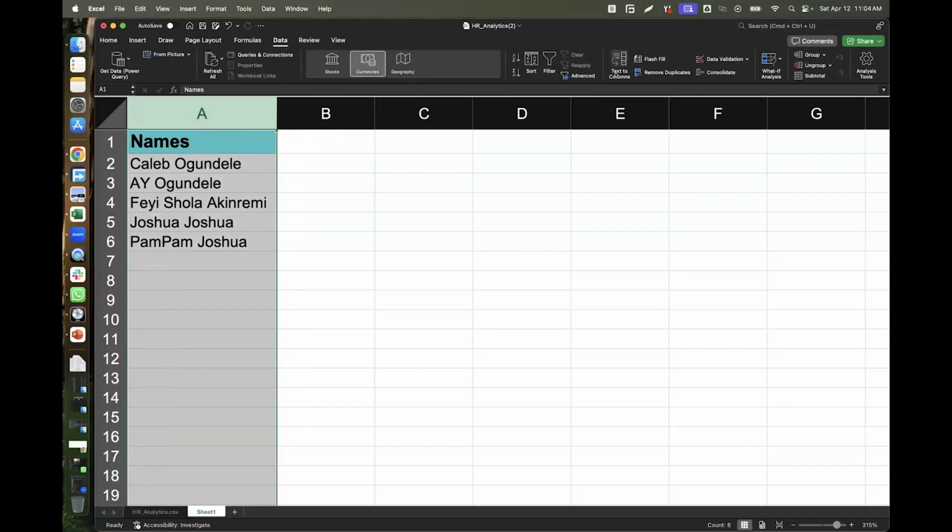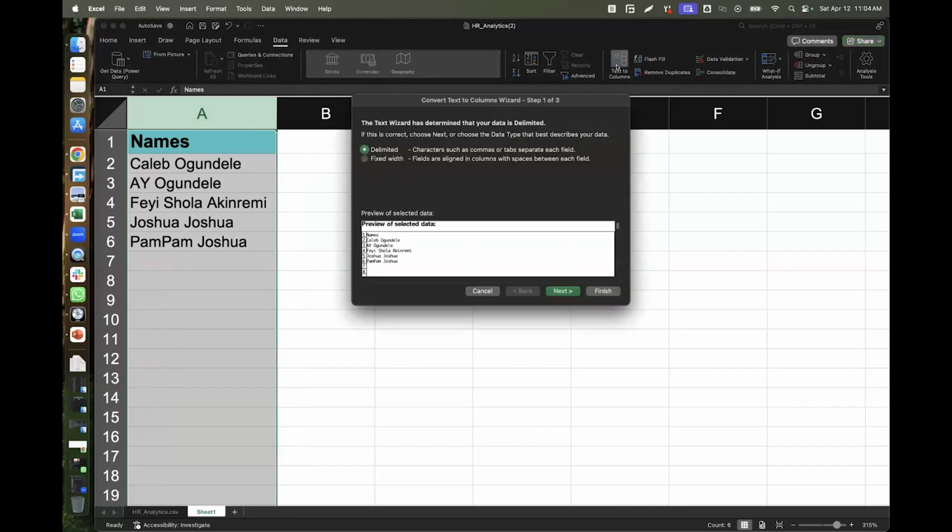We want to separate surname from first name. How do we do it? We will say Text to Columns. We will select Delimited and click Next. Now, what is the common denominator that separates first name and last name and any other name here?